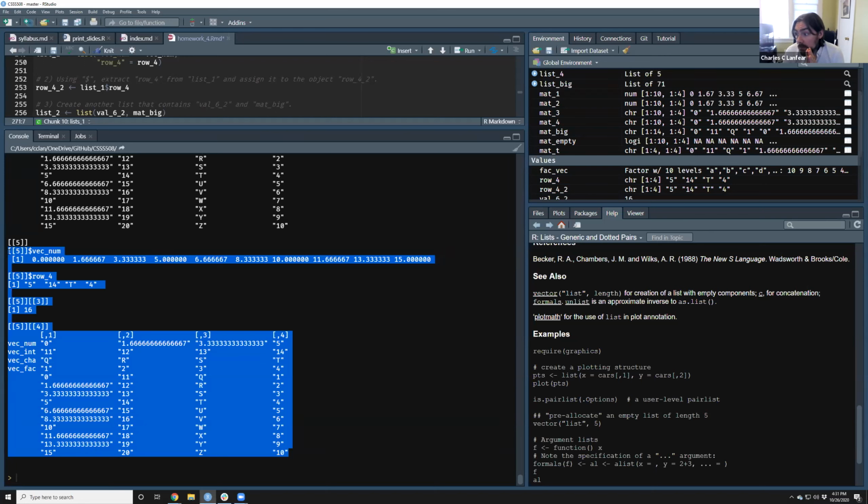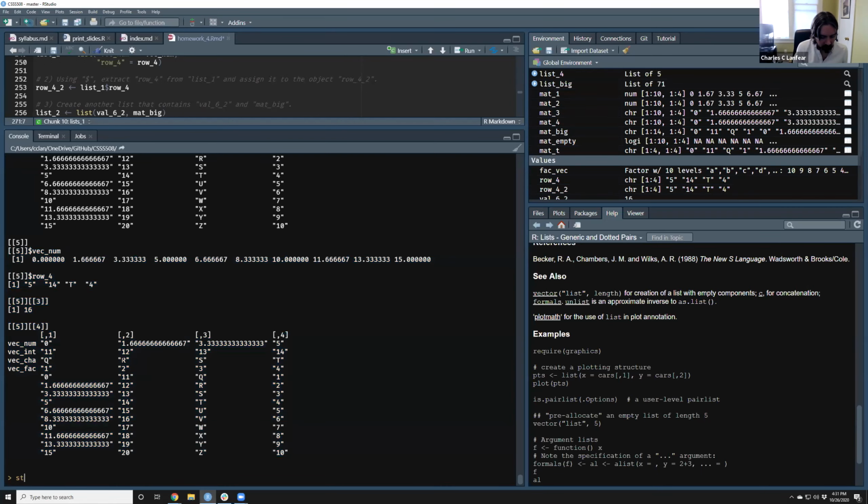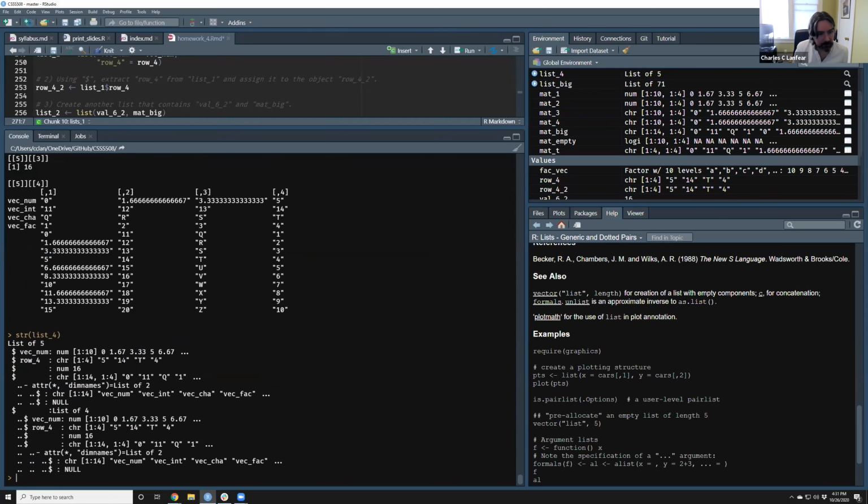Lists are weird, okay? The thing with lists is they can have an arbitrary number of things in them, arbitrary types of things, and they can be nested super deep. If I run structure on list 4, this is the structure of list 4. It has these elements, vecnum, row 4, this unnamed number, and this one. And then it has another element, which is unnamed, the 5th element here. Within that, it has its own additional elements, which are vecnum, row 4, and this. So structure is a nice command because it allows us to visualize the hierarchical structure of a list.